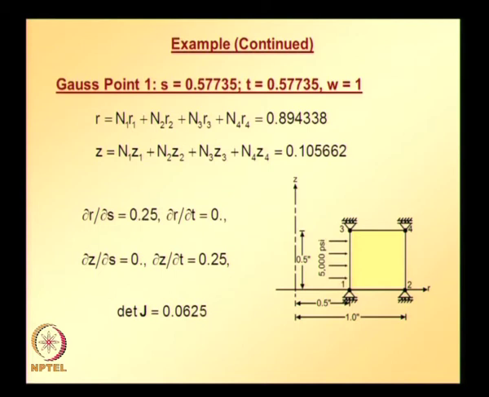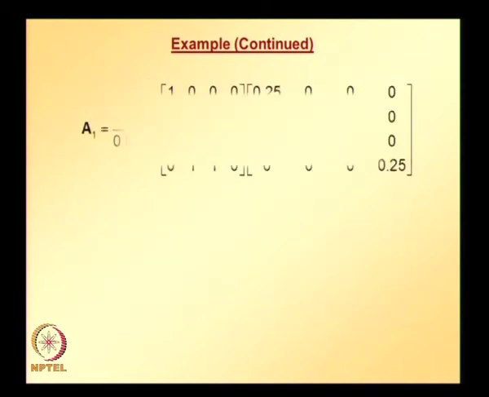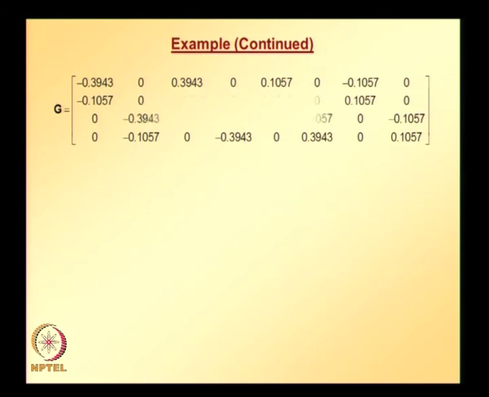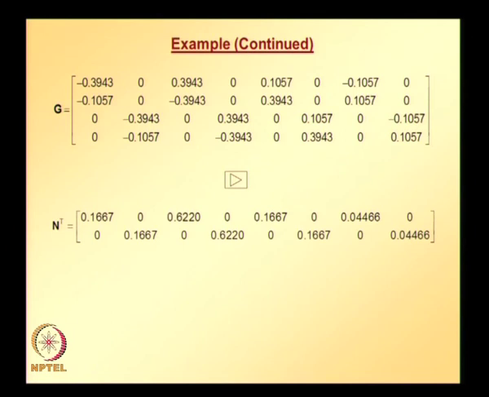So, with these partial derivatives we can get the determinant of the Jacobian, the A1 matrix, the G matrix, and the matrix consisting of the shape function values of all 4 nodes, the A2 matrix. Once we have all this, we can substitute into this equation to find the strain displacement matrix B,